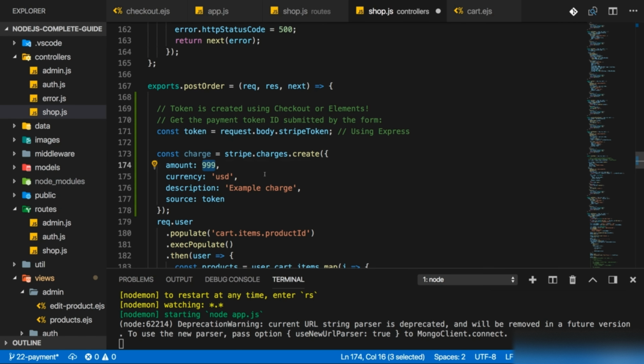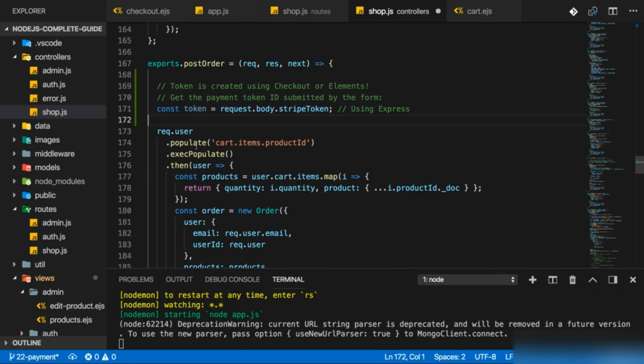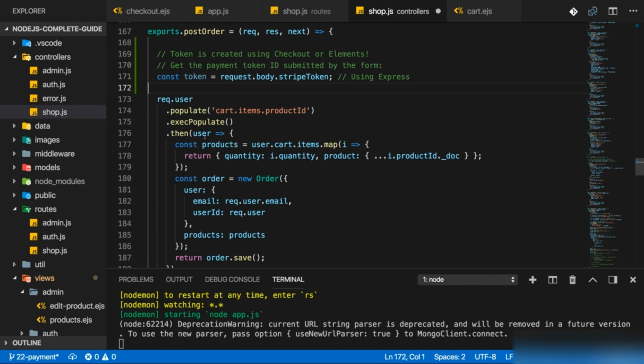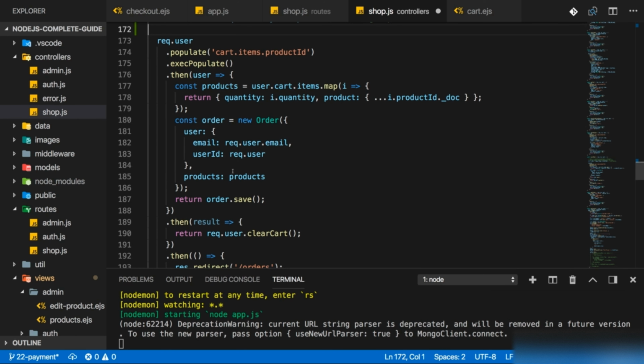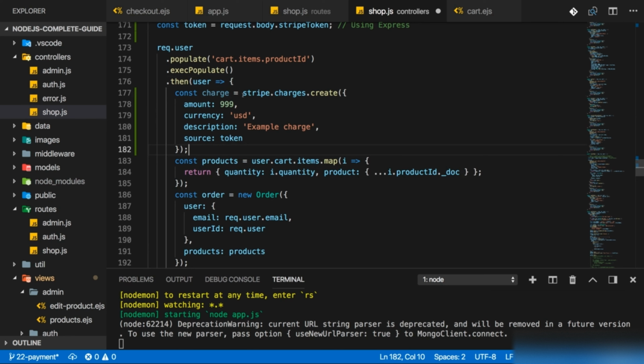Here again, you need to enter your amount in cents though, and this should now be done not with data sent with the request, because that could be faked by the user, but of course you should fetch that data from your server again. So here where I'm fetching my user, and I'm then getting all the info from my cart, I'm creating the order and I'm saving my order in there. I will also create my charge object with the Stripe package, and the amount is now something I can calculate